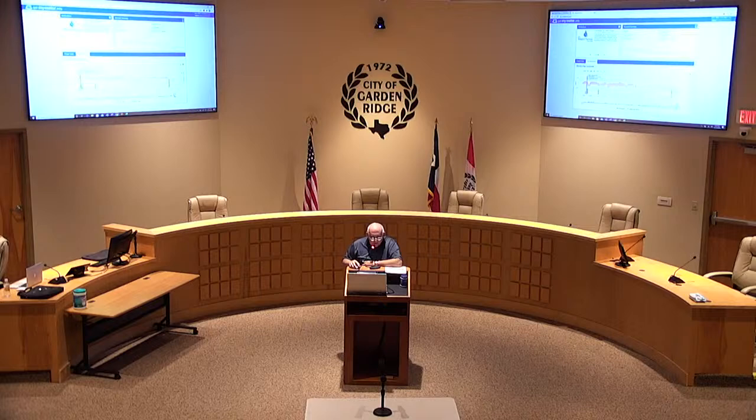The blue columns are rainfall. Now this is composite for the area. This includes San Antonio International, New Braunfels, and Randolph Air Force Base combined, or you can look at either one of those directly. And the pink is the low and high temperature for that day. So, going back to usage,